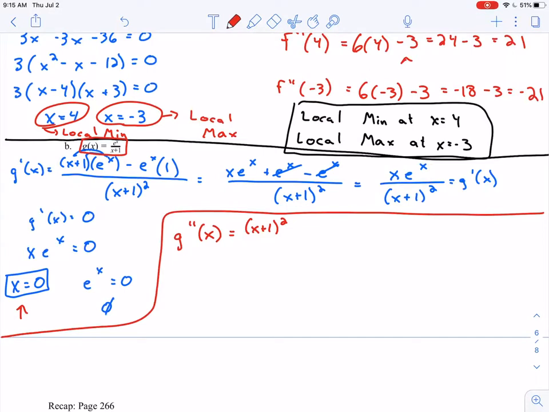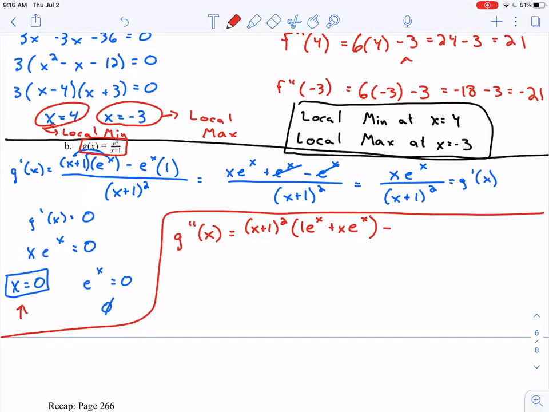Here is where my product rule is coming into play. So let's start with the derivative of x. Derivative of x is 1 times e to the x, plus, this time I'm going to leave x alone. This will be x times the derivative of e to the x. Well, that's just e to the x. So here is my low d high